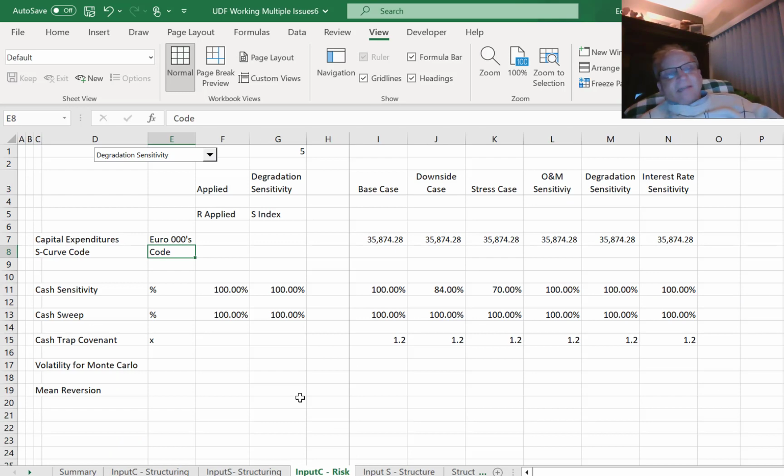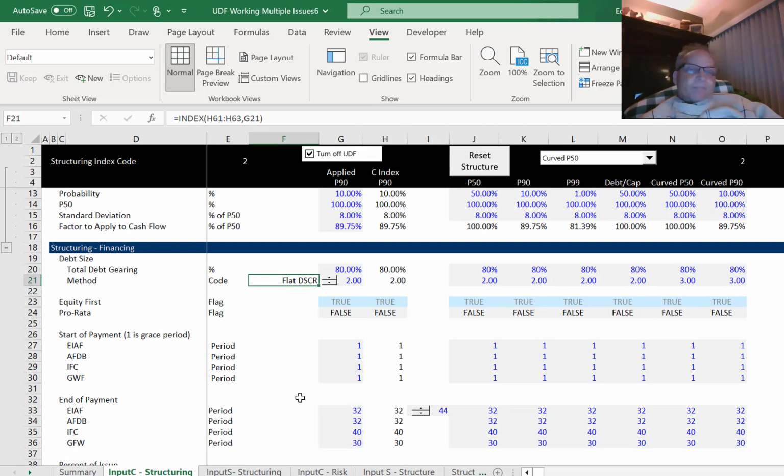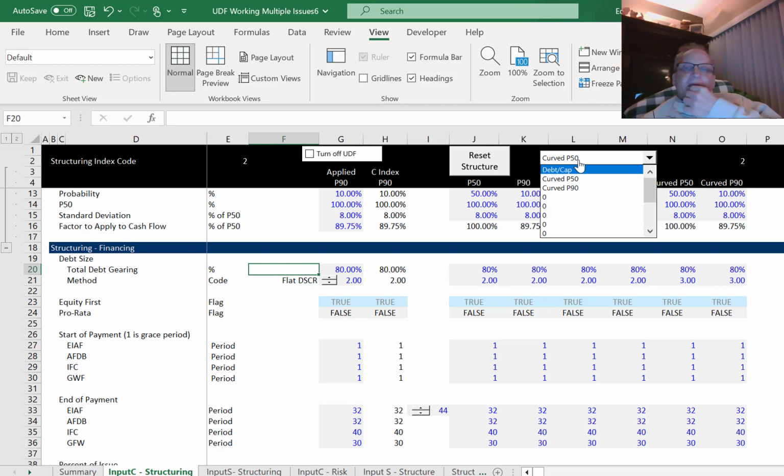Now here's the issue. Let's say that I'm going to turn on the UDF. That means we're going to size the debt based on one of these cases. And we could do all kinds of fancy sizing, and that's the complicated part of a model. There's no question about that. So now that UDF is turned on, if I would change anything here, let's change the case from, let's put the